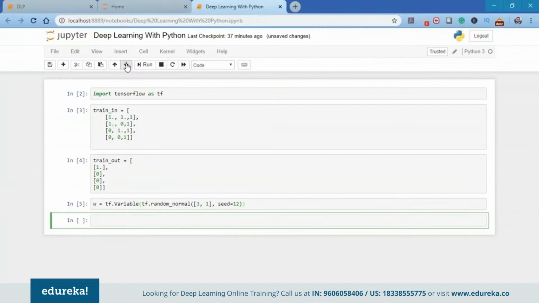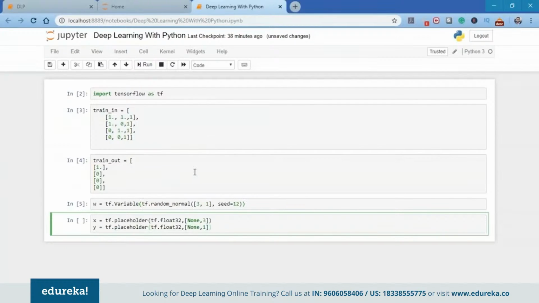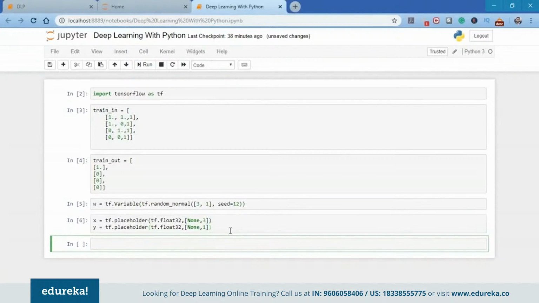Next, we're going to define the placeholders for input and output. In TensorFlow, you can specify placeholders that can accept external inputs on the run. So I will define two placeholders, X for input and Y for output. Later on, you will understand how to feed inputs to a placeholder. Now, as discussed earlier, the input received by a perceptron is first multiplied by the respective weights, and then all these weighted inputs are summed together. This summed value is then fed to the activation function for obtaining the final result, as shown in the image below. Now I'll show you the code of how to do this.